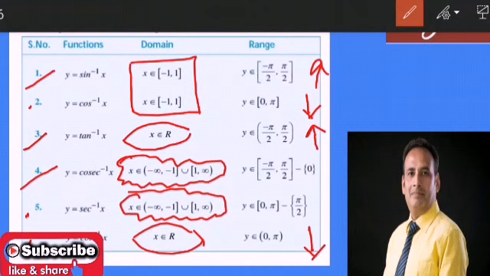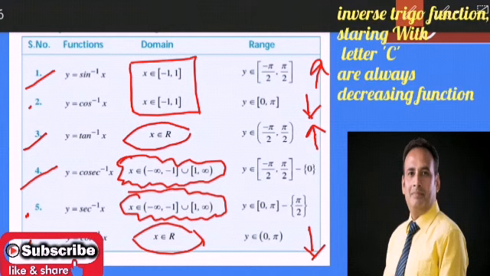So now let's go for the cosec inverse x and sec inverse x ranges. Cosec inverse x range is minus pi by 2 to plus pi by 2, closed interval, difference 0, where 0 is not the point, and sec inverse x is 0 to pi, closed interval, difference pi by 2. Once again, if you compare the domain and range and check the cosec inverse x graph, we find cosec inverse x is a decreasing function, correct? Whereas sec inverse x is an increasing function.